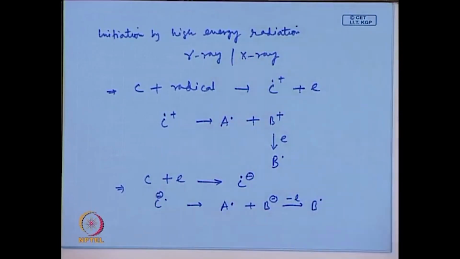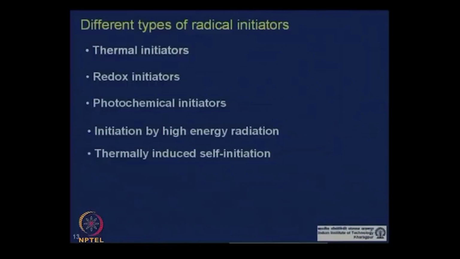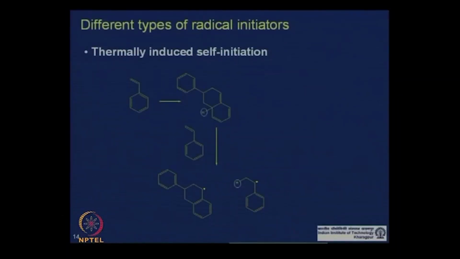The other type of initiation, possibly, is the thermally induced self initiation. That means the monomer itself, on heating, can generate radicals, but this is not a very common way of generating radicals. This has been proved only for the case of styrene, and this is the mechanism which is proposed